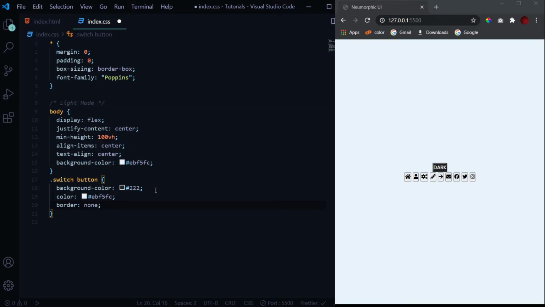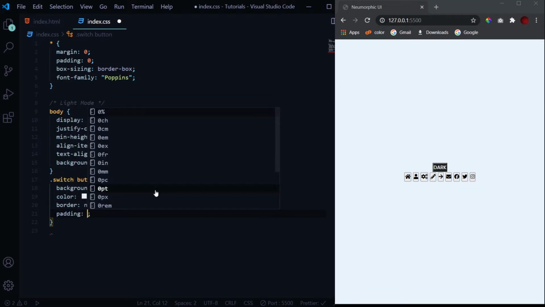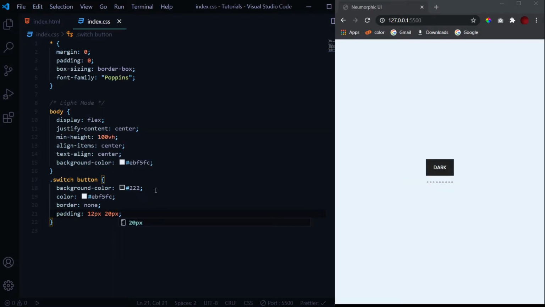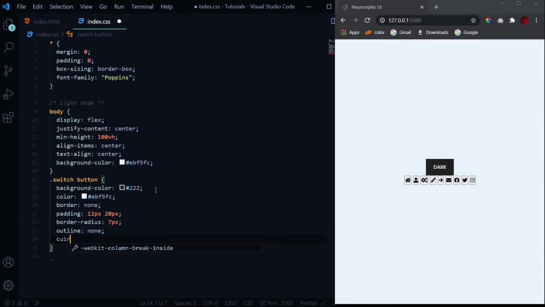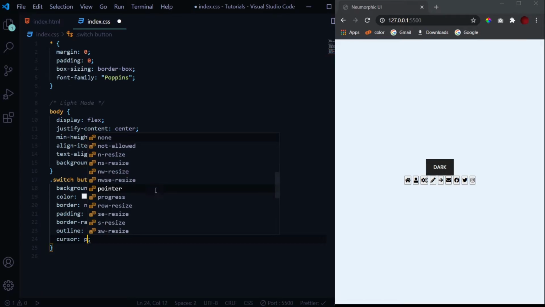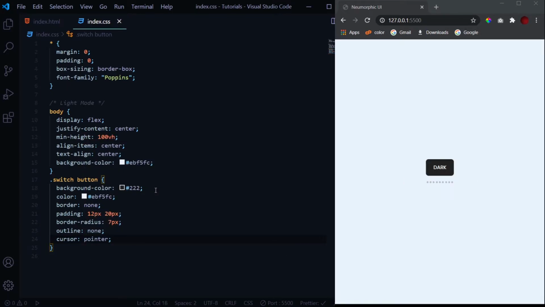Now whatever values I will be using for padding and other things, that I have already tested, and I recommend that you should use the same, but it's completely up to you. A border radius of 7 pixels and outline of none, and at last the cursor pointer, which is a very important thing because it makes the button look clickable.